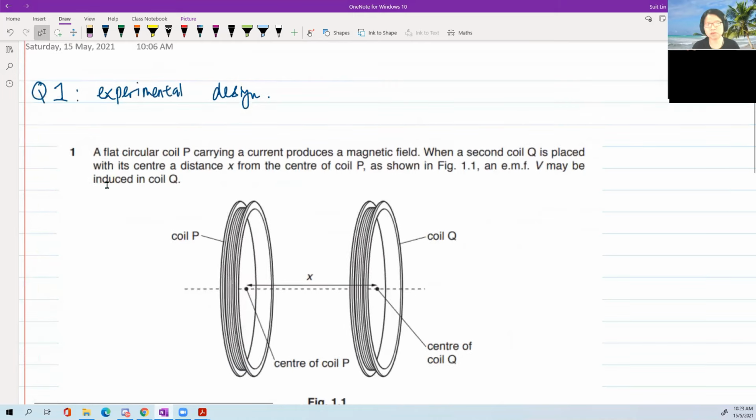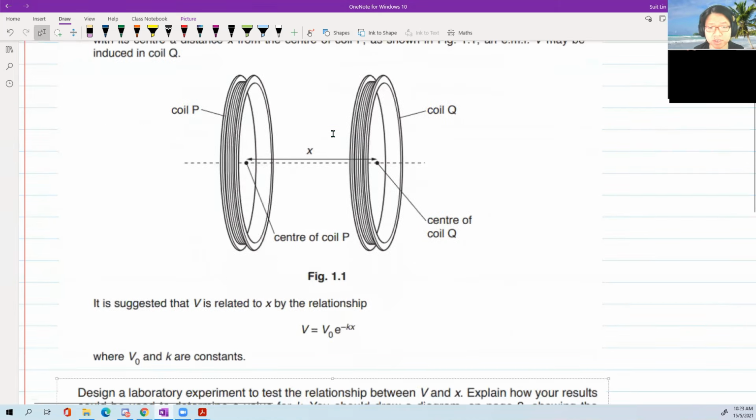Okay, let's start. When it comes to experimental design, normally you will encounter a scenario that you may or may not have seen before. What you've got to do is identify all the variables or the physical quantities. One of the quickest ways to do so is to look at the equation. Normally I'll tell a student, as you read, build a table. So the suggested table format